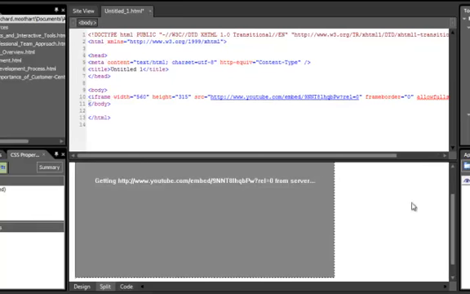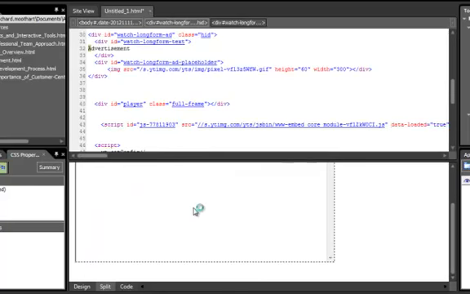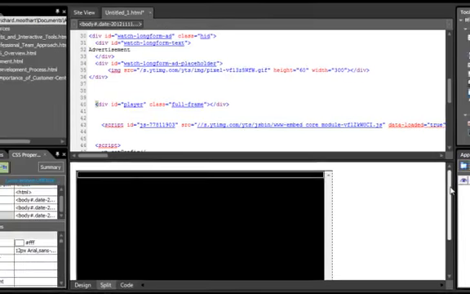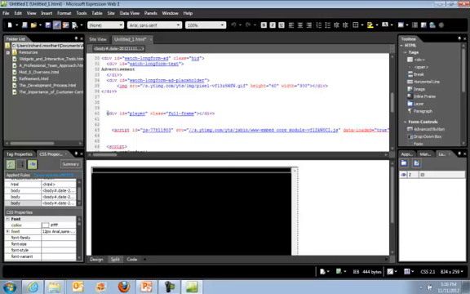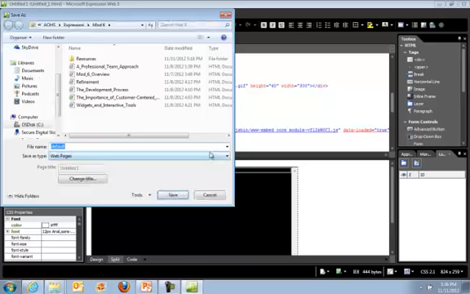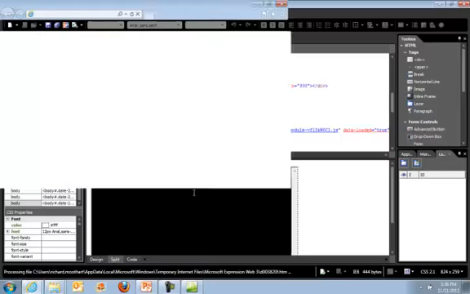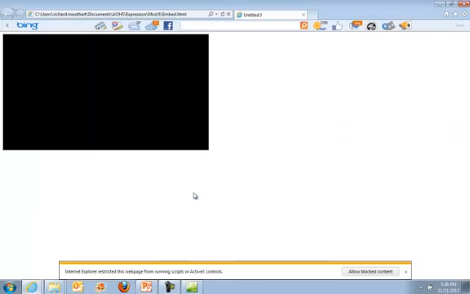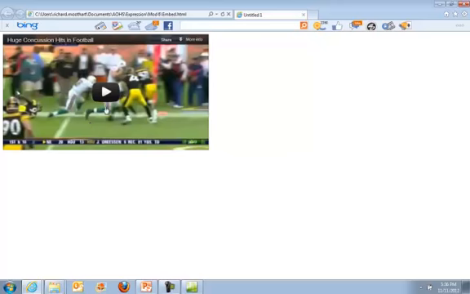Now when I come down here, you'll see that there is just a window that doesn't look like much. Okay, so I need to preview this page. I'm probably going to have to save it. Okay, so I'll just click OK, and I'm going to save it in here. I'm just going to call it embed, and when it pulls up in Expression Web, notice down here it says allow blocked content. So I'm going to pull up Internet Explorer, and there is the video I embedded in my